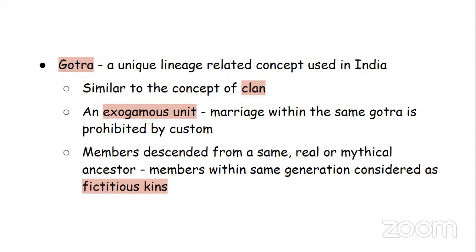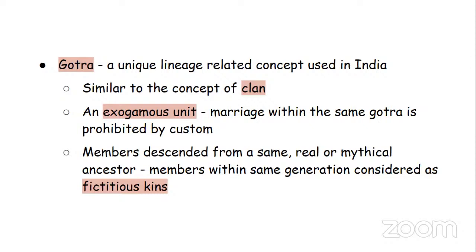Then they believed that the members of a Gotra descended from the same real or mythical ancestor. So the ancestor of a Gotra can be real or mythical. People believed that the members of the same Gotra descended from the same real or mythical ancestor. So because of this, because they believed that they are the descendants of the same ancestor,